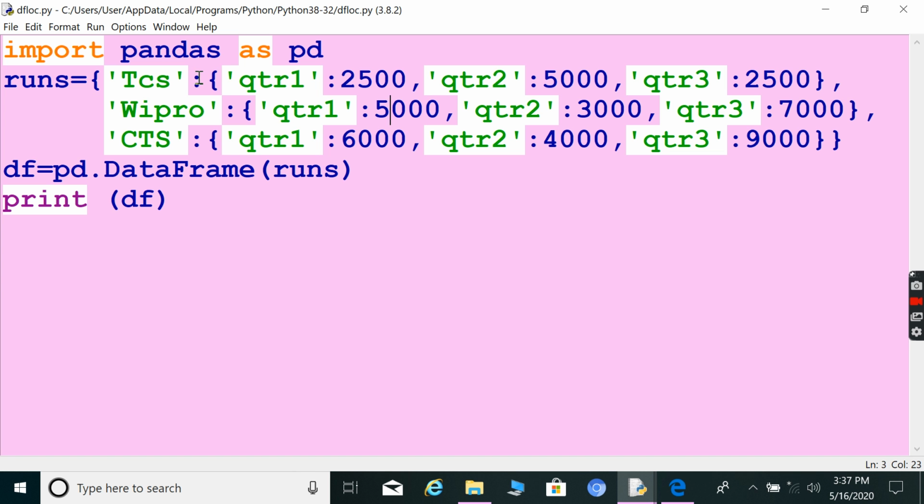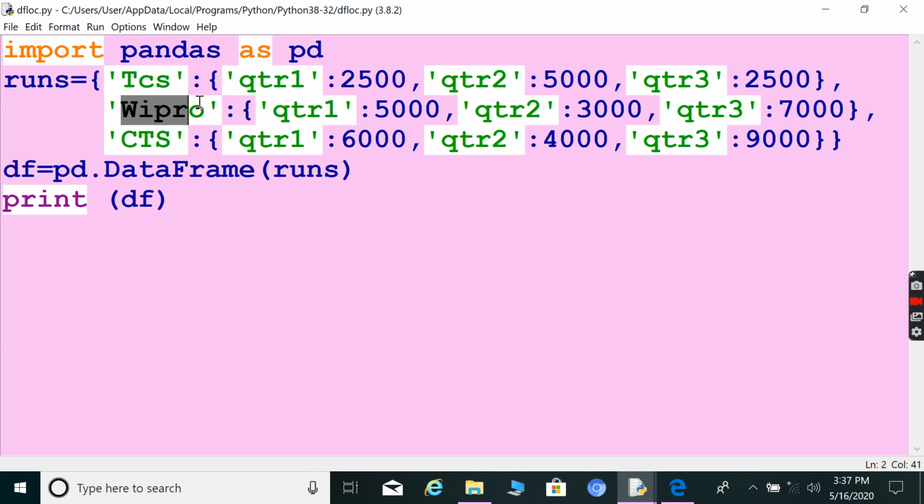So here this is a key, and then open bracket, and the values are again given as a dictionary. In the values, this is the key and this is the value, this is the key and this is the value, then this is the key and this is the value.